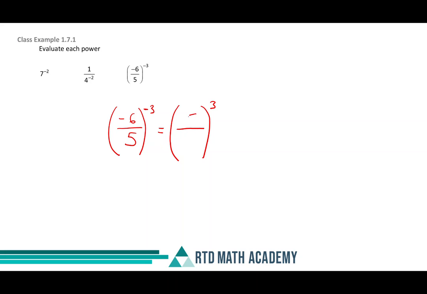And whatever is on the bottom changes locations to the top, and whatever is on the top changes locations to the bottom. So negative 6 over 5 to the power of negative 3 becomes 5 over negative 6 to the power of positive 3. And now we can go back to our Math 9 rules and say that that's going to be 5 to the power of 3 as well as negative 6 to the power of 3. 5 cubed is 125, and 6 cubed is